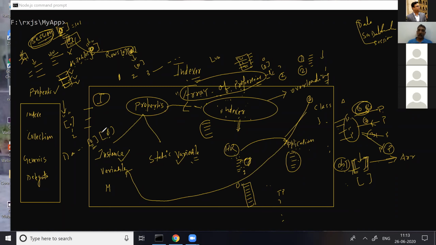As in coordinate geometry, it becomes the first row, first column. If I go for one, then it is first row, second column. More meaningful is to write the column name in double quotes. Okay, so an indexer can be overloaded. True. Third, most important point, sir: an indexer is meant for accessing the instance variable. No other variable can be accessed by the indexer except the instance variable, because an indexer is always represented by this.